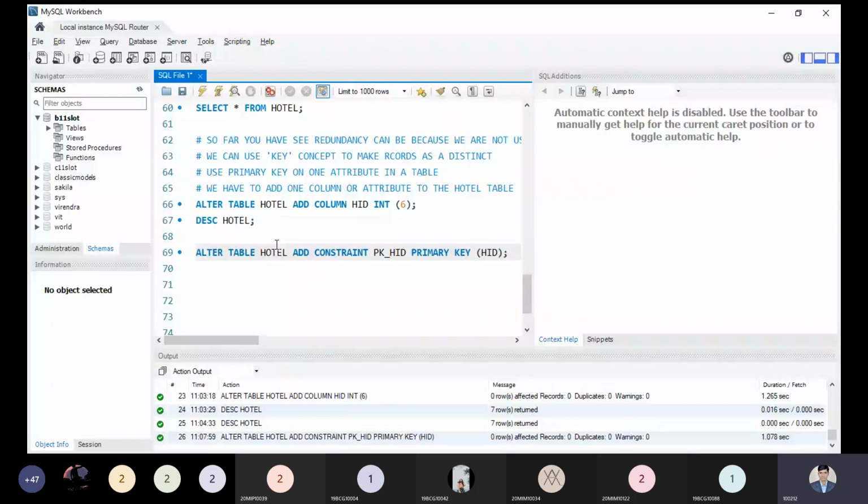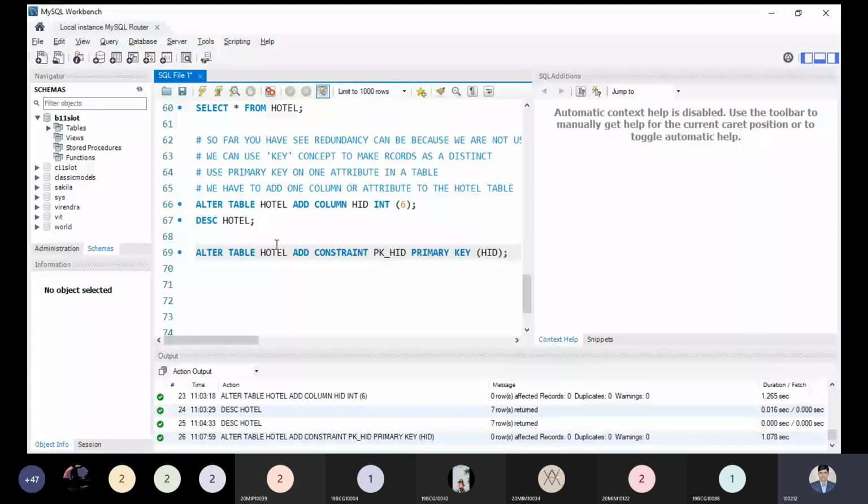So more information can be duplicated. Hotel name can be many. In any city in the world, the same hotel name can exist, and the price and details can be the same. Even in a city, two hotels can have the same name. But how do we identify which hotel belongs to which ID? So we make our record's attribute a unique ID to distinguish it: this is the hotel ID, and this belongs to this hotel name.